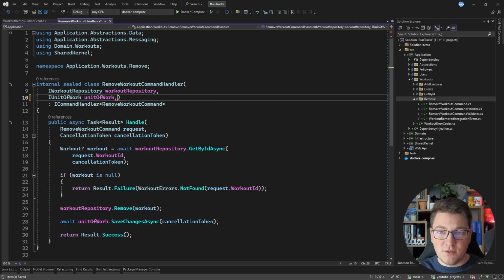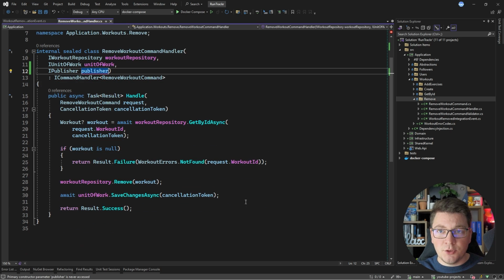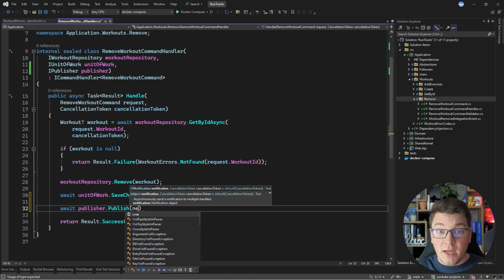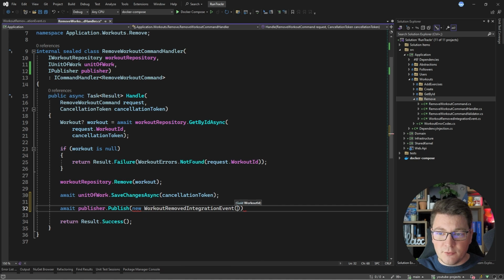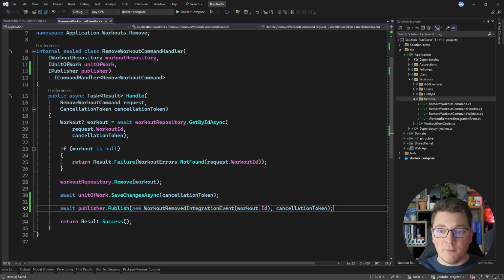Now, I'm going to temporarily inject an IPublisher interface. This is an abstraction from MediatR that allows us to implement the publish-subscribe pattern. And all you have to do is say publish, create a new workout removed integration event. We're going to give it the workout ID, and I can also pass in a cancellation token. So it looks like we already added support for publishing our integration events, but this isn't really asynchronous,